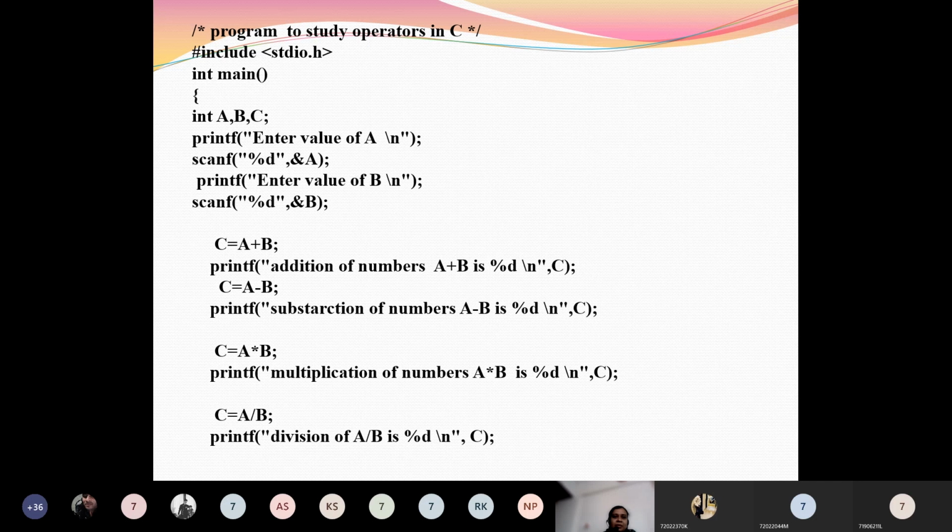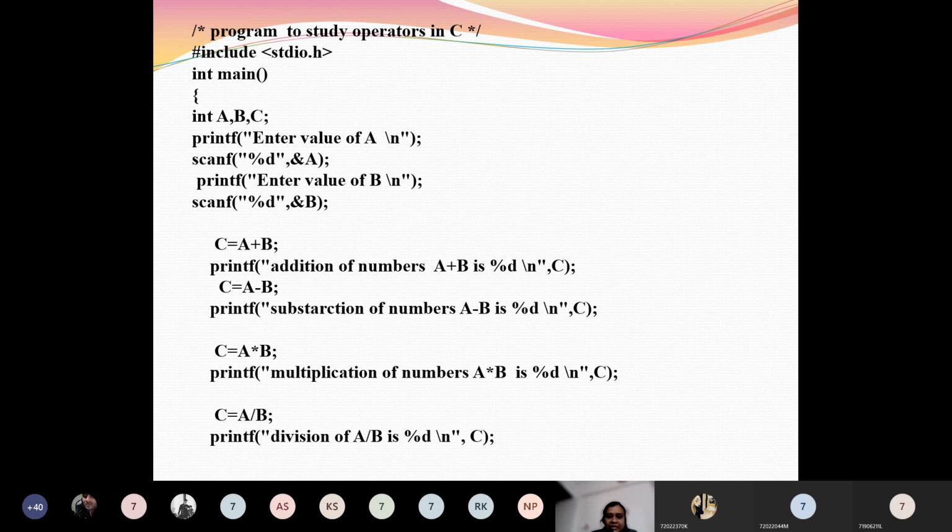Now this is a simple program. What we will do in this program, first we'll declare the three integers a, b, c. Now here see the declaration of three integers at one time. You can declare by a simple method: int a semicolon, int b semicolon, int c semicolon. But if I have a larger number of variables of the same type, I can declare those variables in a single line this way: int a comma b comma c. So you can declare variables of the same type in a single line also.